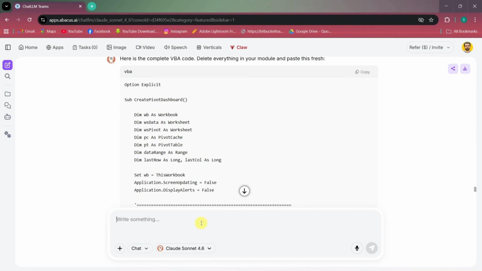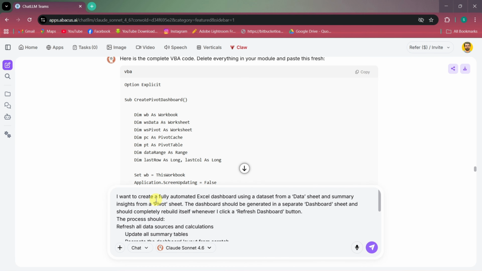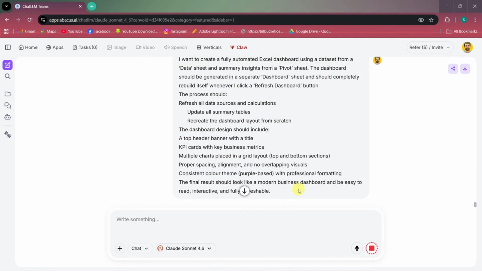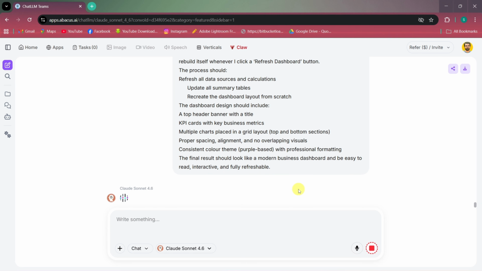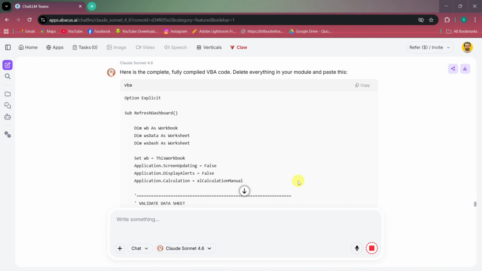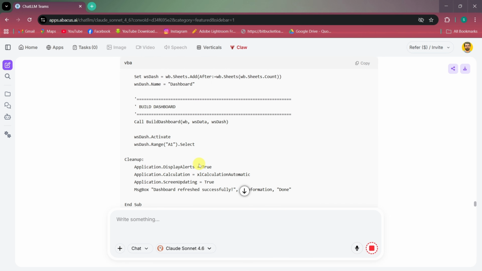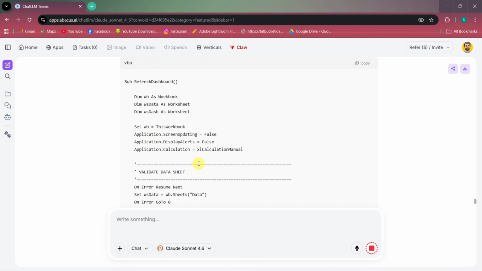This time, we're going to generate a complete, fully designed dashboard inside Excel, starting from nothing but a basic spreadsheet and a well-written prompt. As you can see, this is a more detailed prompt because we want a more detailed result. Doing this manually would take serious time and effort. We're talking charts, formatting, KPIs, the whole thing. But with AI, we can skip all of that. So once the prompt is ready, we hit Start, and Claude gets to work generating the VBA code for the